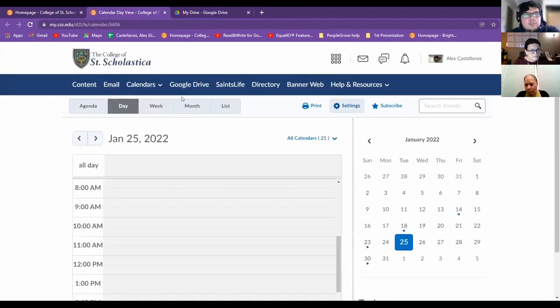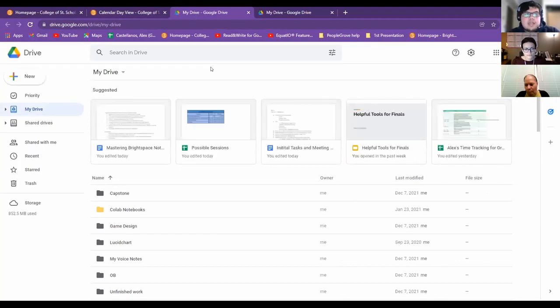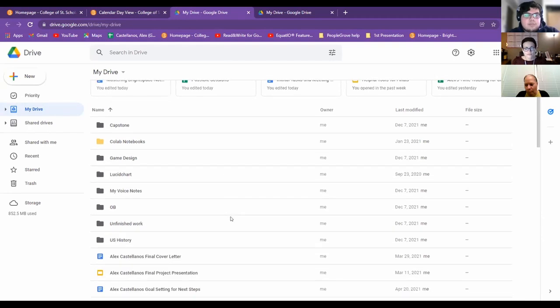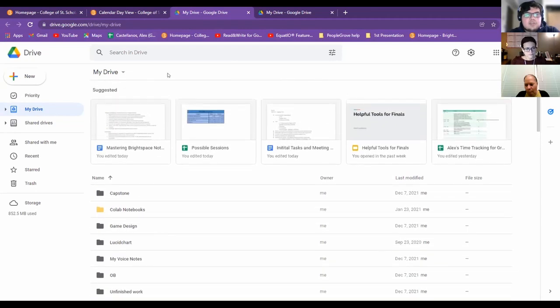So personally, what I've been doing is I just click Google Drive and it automatically signs me into it, and I'm able to do everything there. It gives you very quick access to all your work and such. Within Google Drive, I also have folders for each class. I'm able to keep everything organized. And when it comes to space,